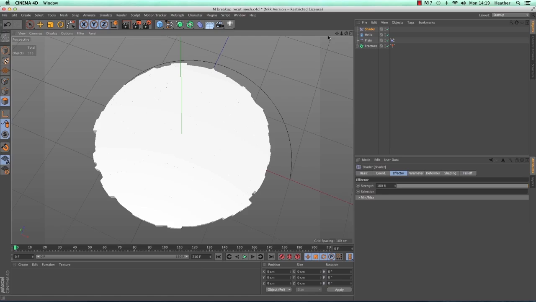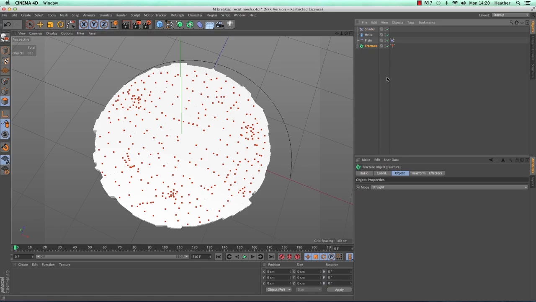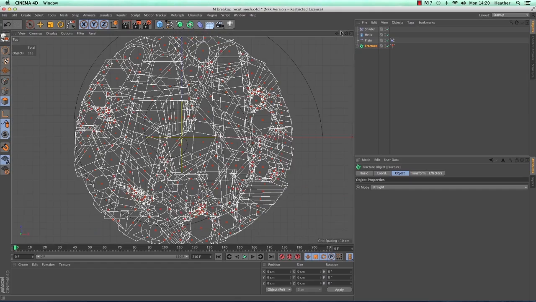So we need to work again with this MoGraph selection tag because we only want the shader to affect the chunks that belong to the M. So again, I'm going to go back to my fracture, and you can see that the selection points come up straight away. I'm going to go back into the top view.